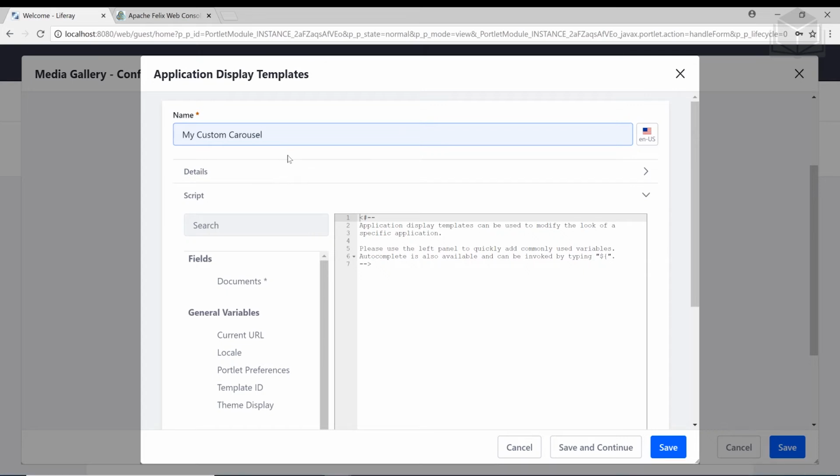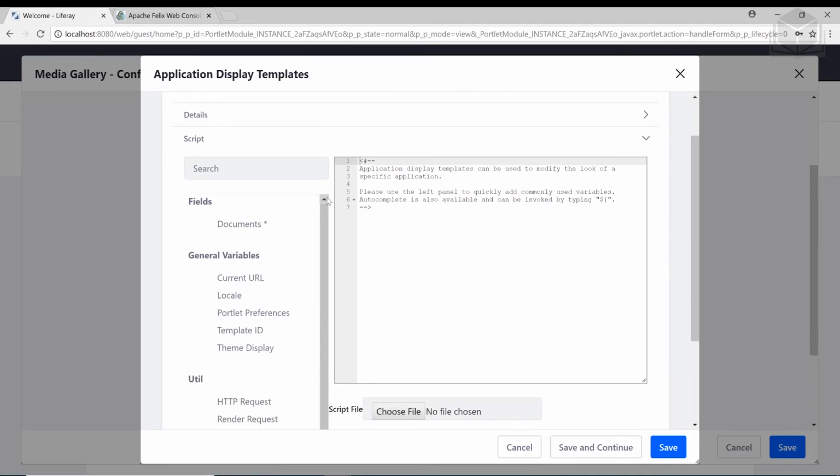From there, if you wanted to create your ADT or your application display template right here in this editor, you could. Oftentimes, though, if you want to use your own text editor, that's perfectly fine as well. If you do use your own text editor, what you're able to do is select the file that you've created, and that's what we're going to be doing. So go ahead and click on Browse or Choose File,